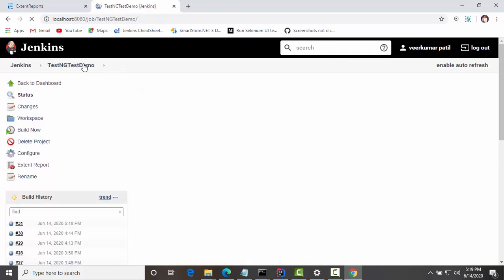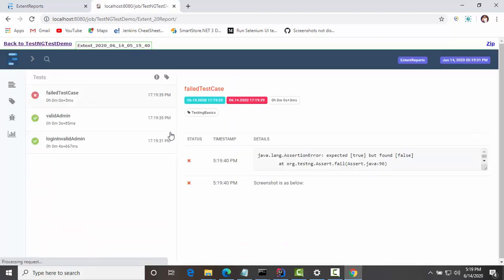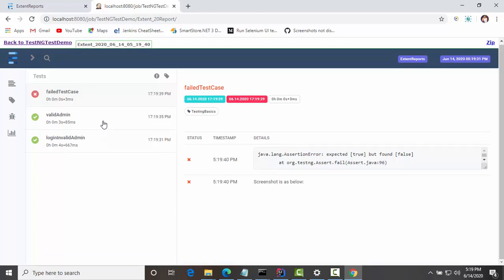Now let's see the extent report with image. There is a failed test case, but we are not able to see the screenshot.